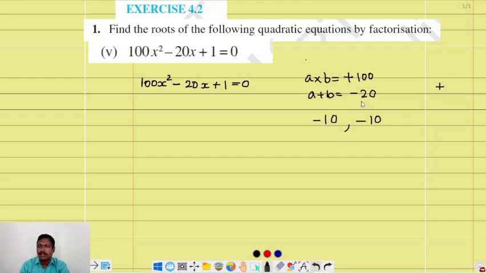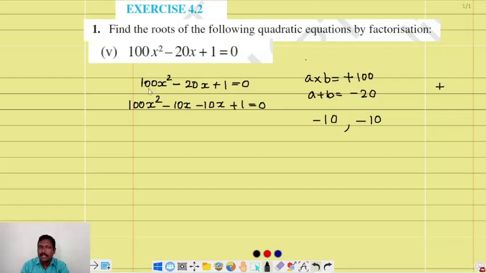Minus 10, minus 10 we are adding, we will get minus 20, and minus 10 and minus 10 multiply, you will get plus 100. Okay, so now we can split the middle term. So 100x squared minus 20x,